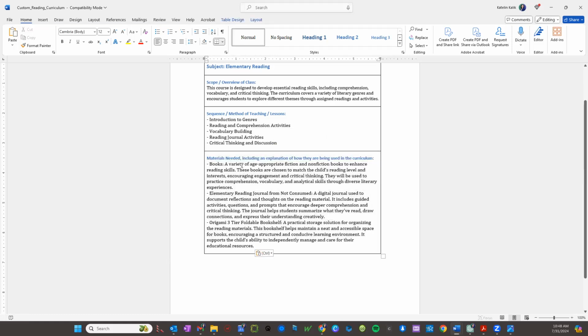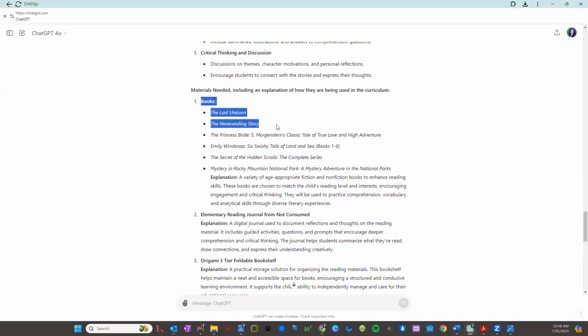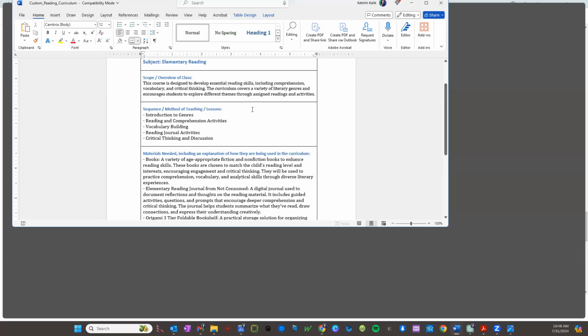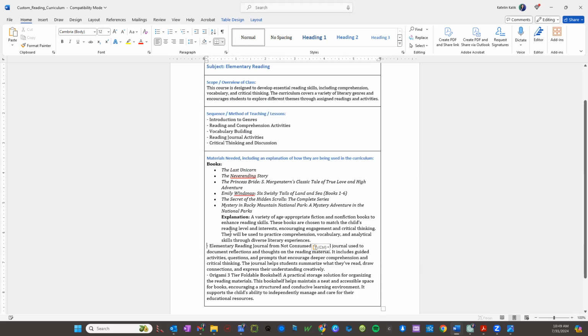But books, a variety of age-appropriate books. Let's go back. Now we can just copy our reading list, books. Copy. Come over here. Let's replace that section. There we go. Say 1, and we just format it the way we want it. It's going to save a ton of time. 2,